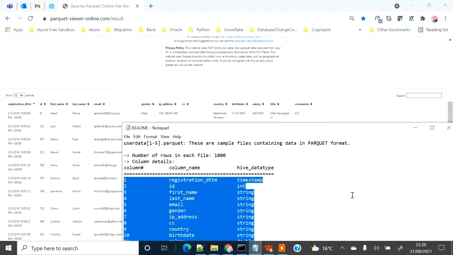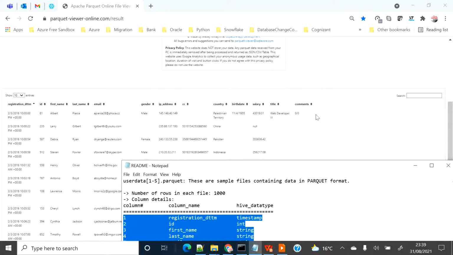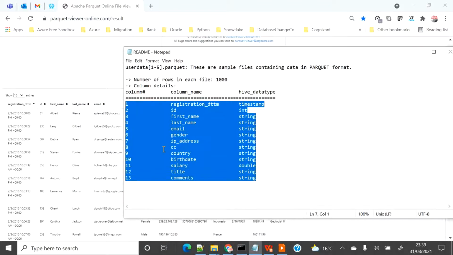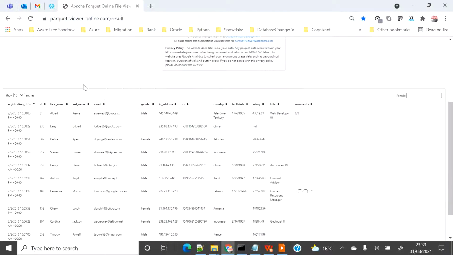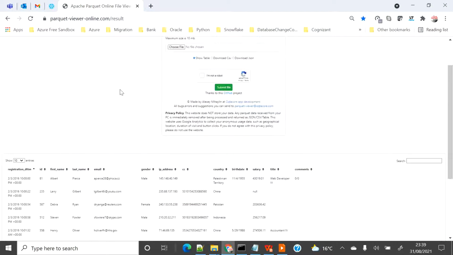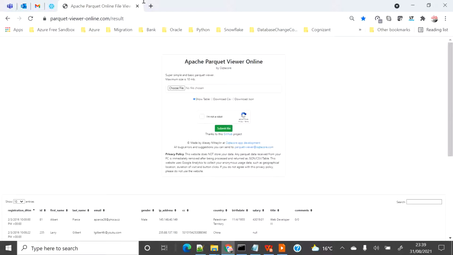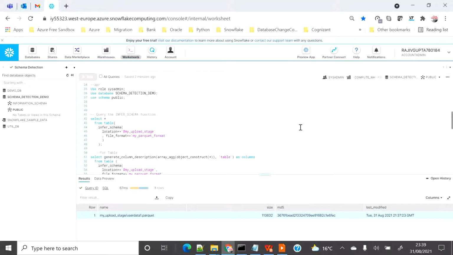So you can see the last column here is comment, here is also comment, and we can count 1, 2, 3, 4, 5, 6, 7, 8, 9, 10, 11, 12, 13. So the structure mentioned on the flat file is matching with the online Parquet Weaver reader, right? So now we are sure that the structure mentioned everything is online. So let's close this. We don't need this anymore.